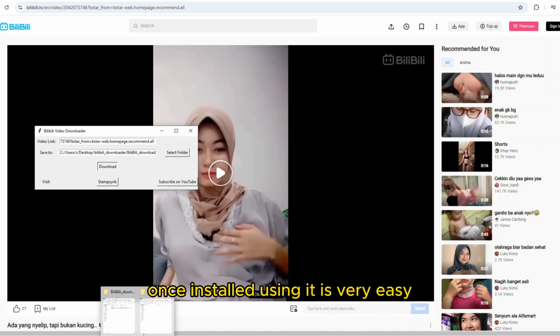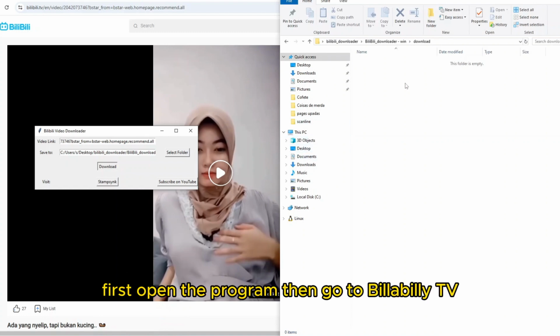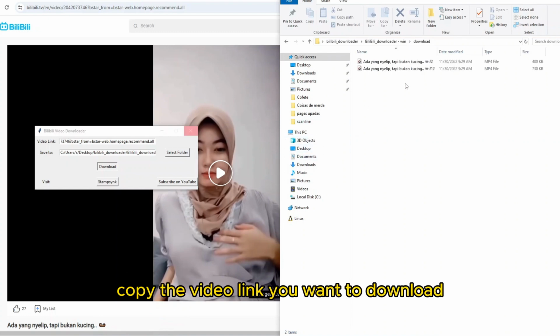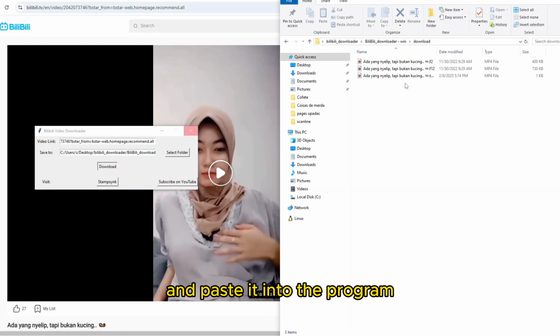Once installed, using it is very easy. First, open the program, then go to Bilibili TV, copy the video link you want to download, and paste it into the program. With just one click on download, the video will be saved to your computer in a few